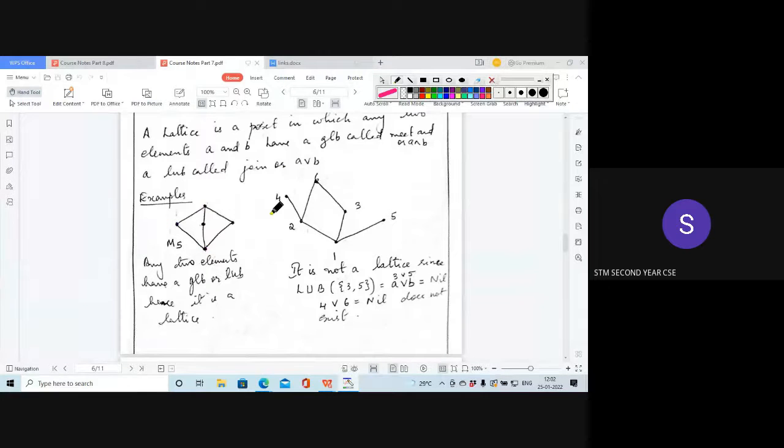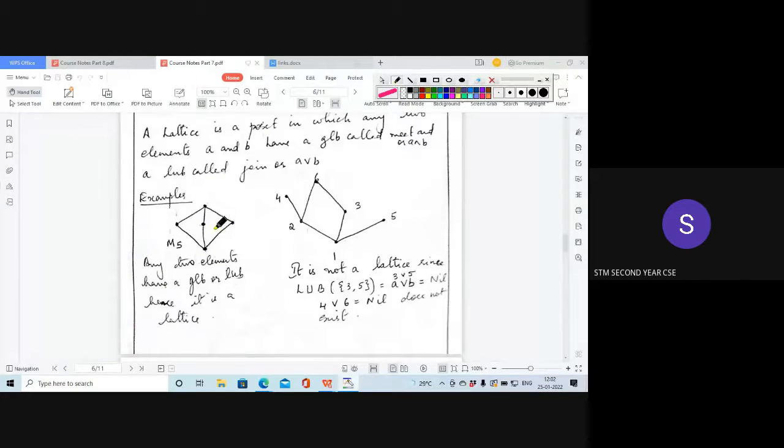Likewise, if we take any pair, I'm taking these two, then the upper bound, since it is less than or equal to, you can check for elements above and including this element. So the upper bound is this element, and for the lower bound of these two elements, this is related to this, and it is the common element, so its lower bound is this. This element we cannot take because this is not related to this element. Okay.